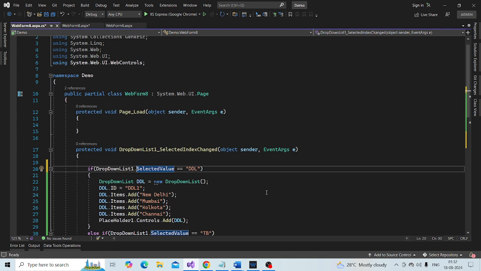So obviously these controls will not be present